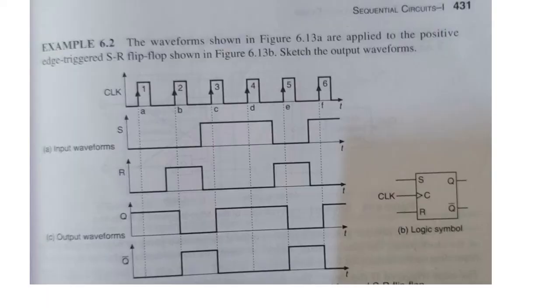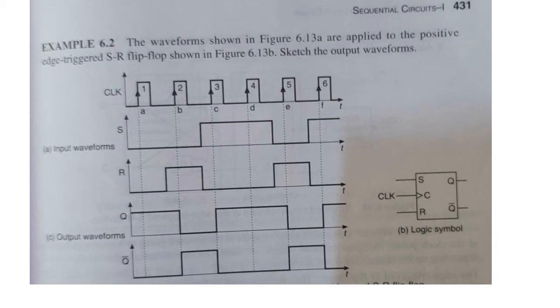Now we can see a brief introduction into how a waveform will behave for each of the flip-flops. On the right side, you have a logic symbol for an SR flip-flop with a clock symbol where the clock is positive edge triggered. The first waveform shows the clock signal where we have an arrowhead on the positive going edge. So that means that the flip-flop is positive edge triggered.